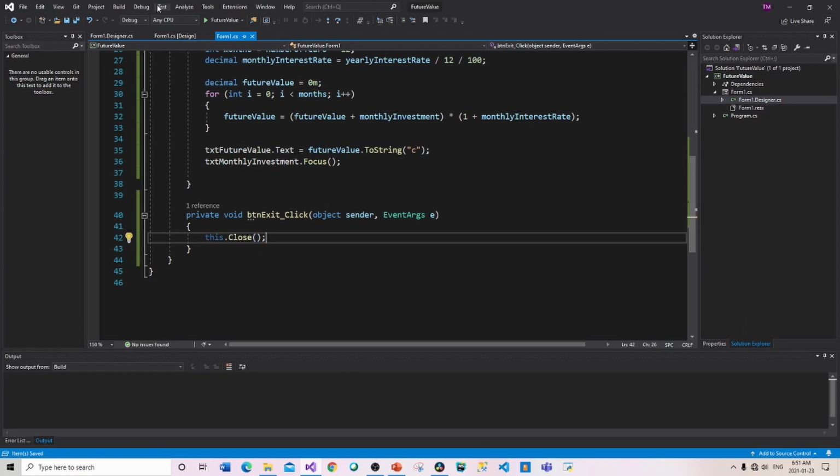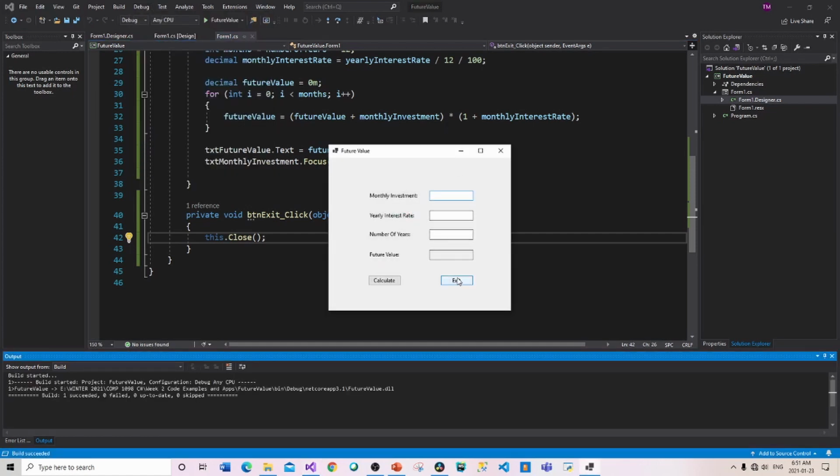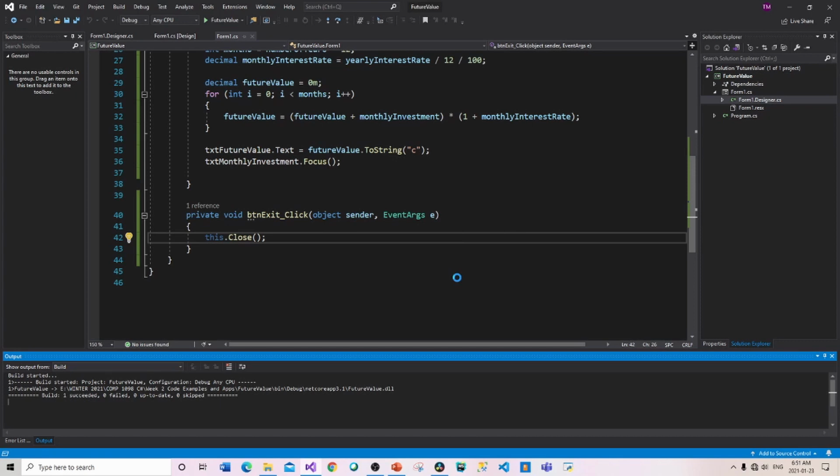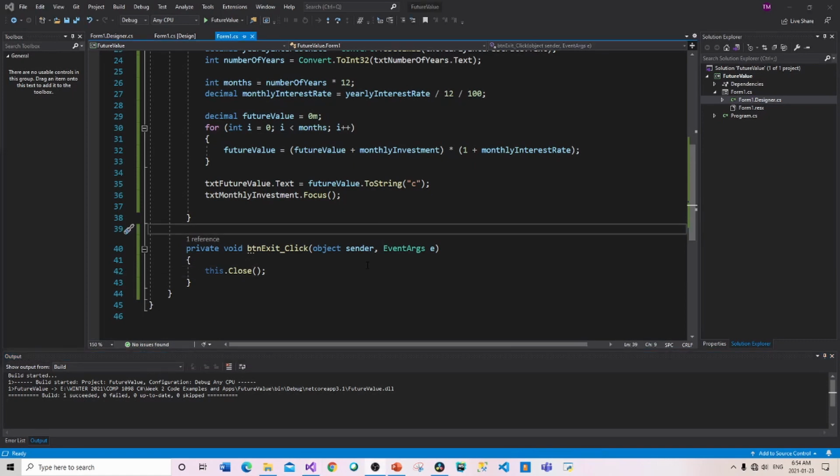Now, if I go ahead and start without debugging again, and I exit, it goes away. Perfect. Okay, so we've got that as a framework. I hope you are following along because we're going to make modifications. I want to show you something called refactoring. So let's continue. There's this idea of refactoring, and it's a really interesting thing, and it supports code